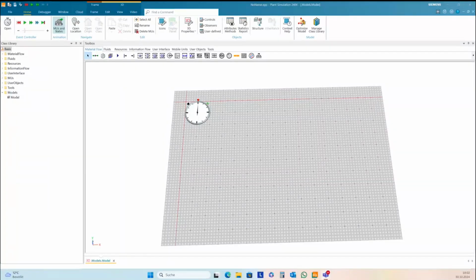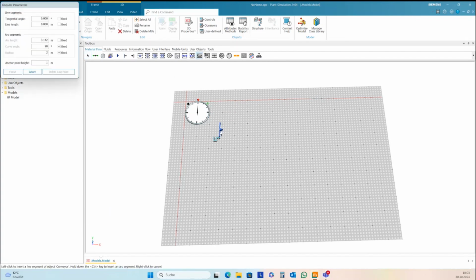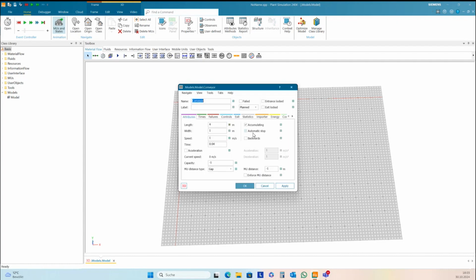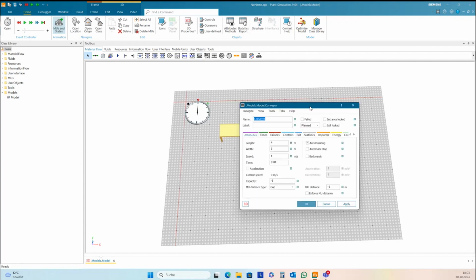Hello, everyone, to today's webinar. We will create a 2-lane turntable, and so we start with a basic scenario. So I want to have here a conveyor.